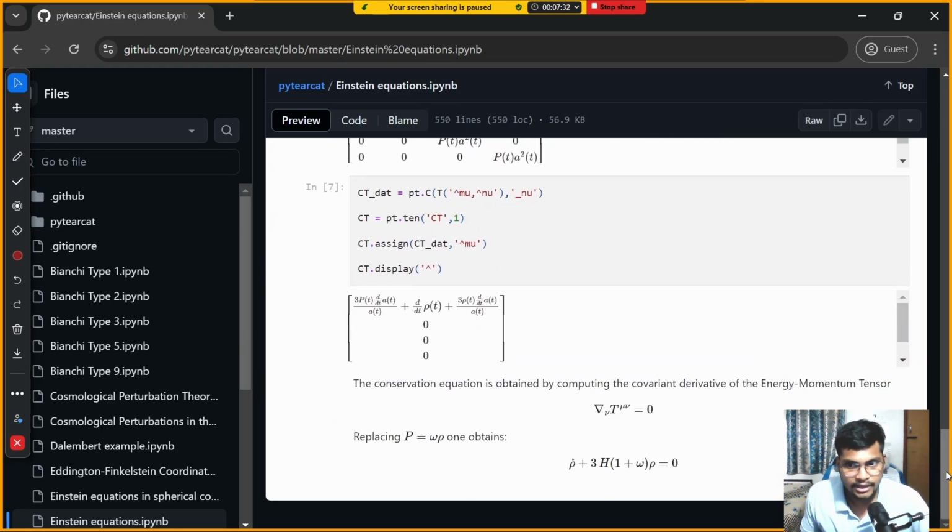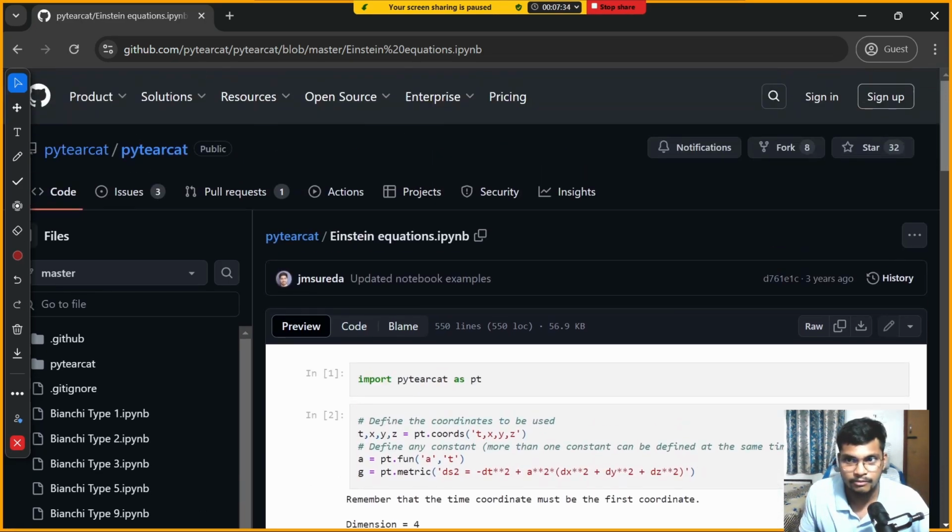So I'm telling you that this is a very important thing. You can go by yourself, or I'm going to give you a tour of how you can define your own set of tensor quantities. You can calculate the Riemann tensor and so on. So my objective here is basically clear, and now I'm going to launch my